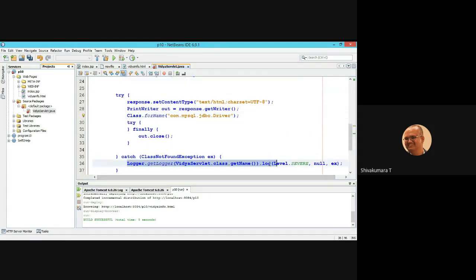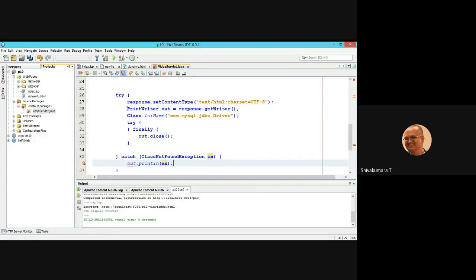Here you can just display System.out.println for that exception.